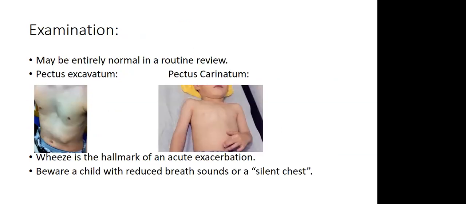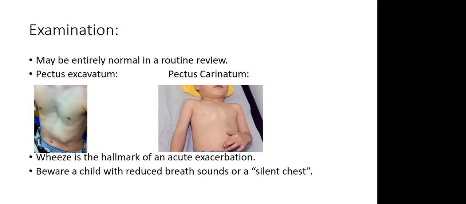Now, examination. One thing I would say to you is sometimes if a child with asthma is well, then maybe they're coming to continuity clinic, or when we get the asthma clinic going, they'll come, you will not see any findings. Sometimes you'll see nothing. But sometimes in a child who's not been managed too well, or they've had asthma for a long time, you can get chest wall deformities. And there's really 2 of them. They're both common in asthma. The first one, pectus excavatum. You can see that one there on one side of your screen. And the other side is pectus carinatum.